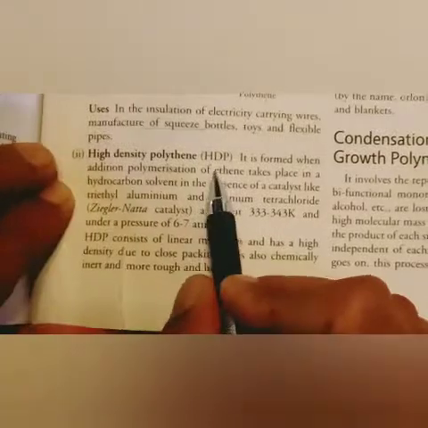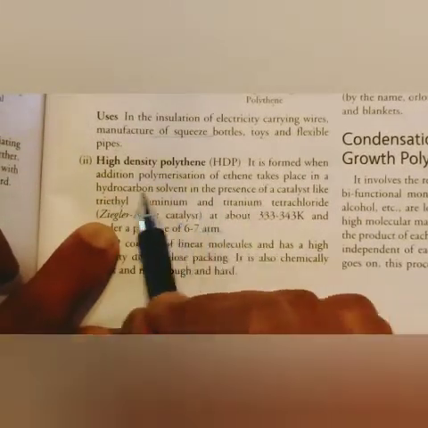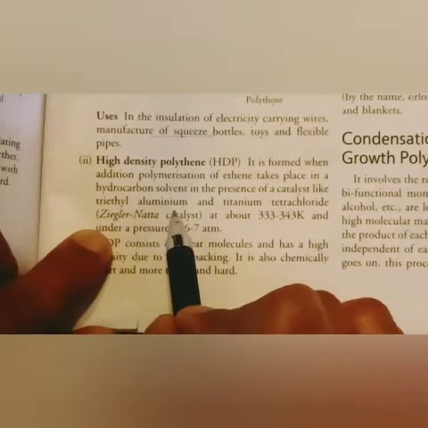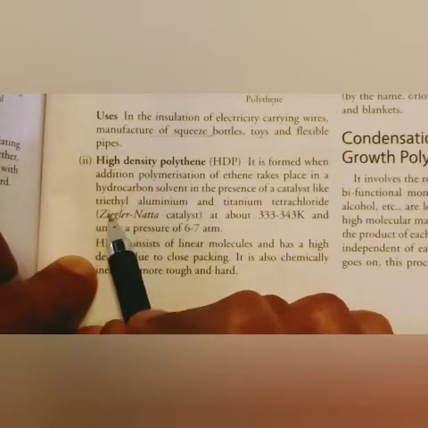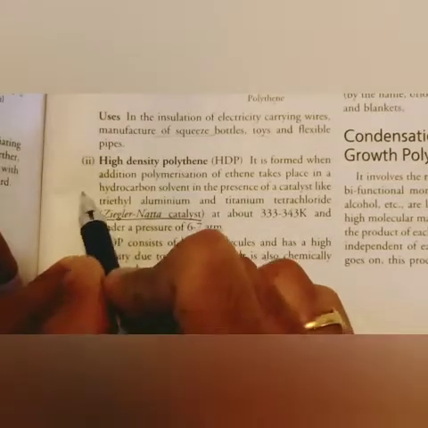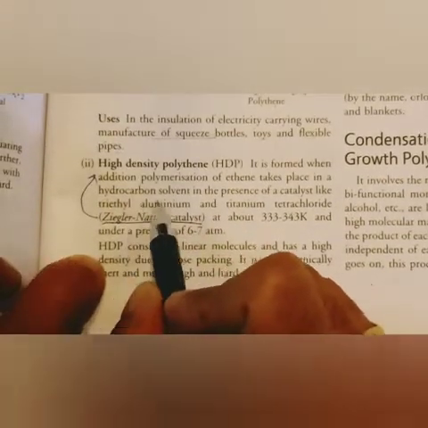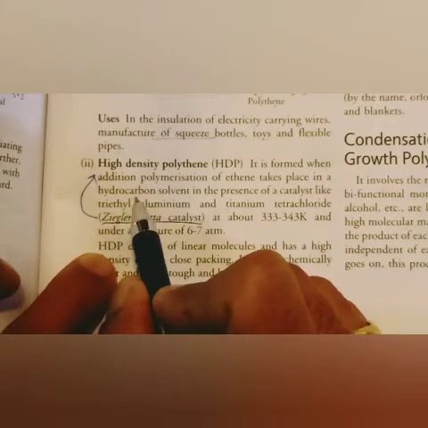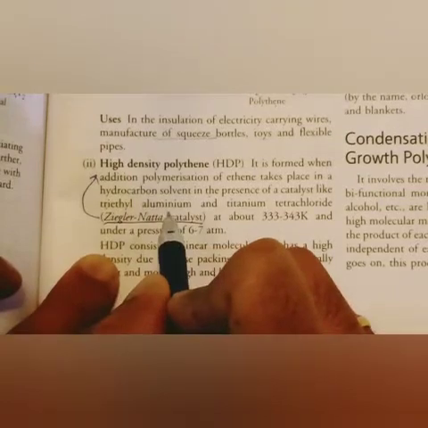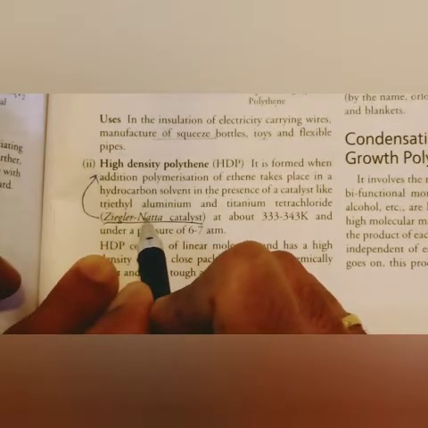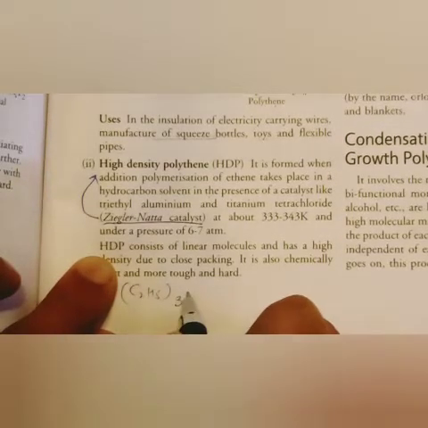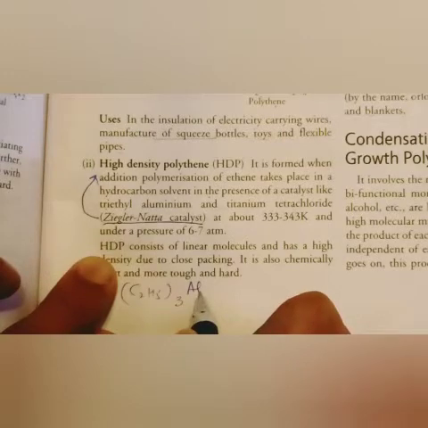High density polyethene is formed when addition polymerization of ethene takes place in a hydrocarbon solvent in the presence of a catalyst like triethylaluminium and titanium tetrachloride, which is called the Ziegler-Natta catalyst. Dear students, the Ziegler-Natta catalyst is used to prepare high density polyethene. The catalyst is triethyl, C2H5,